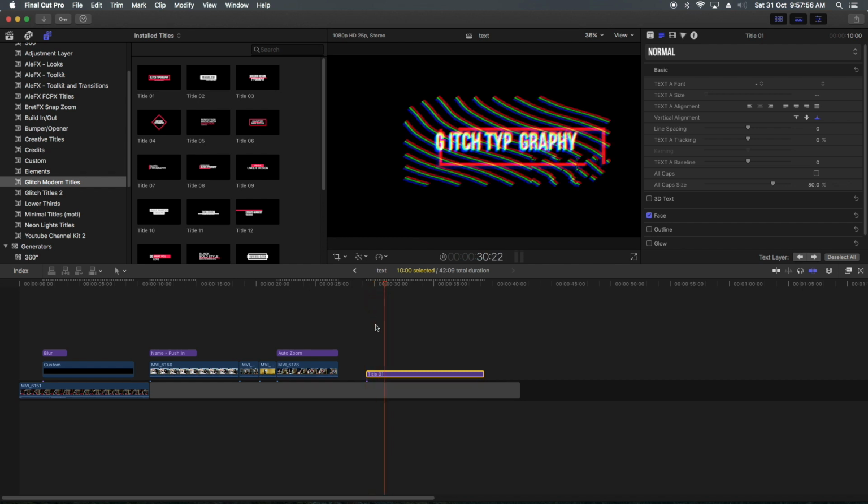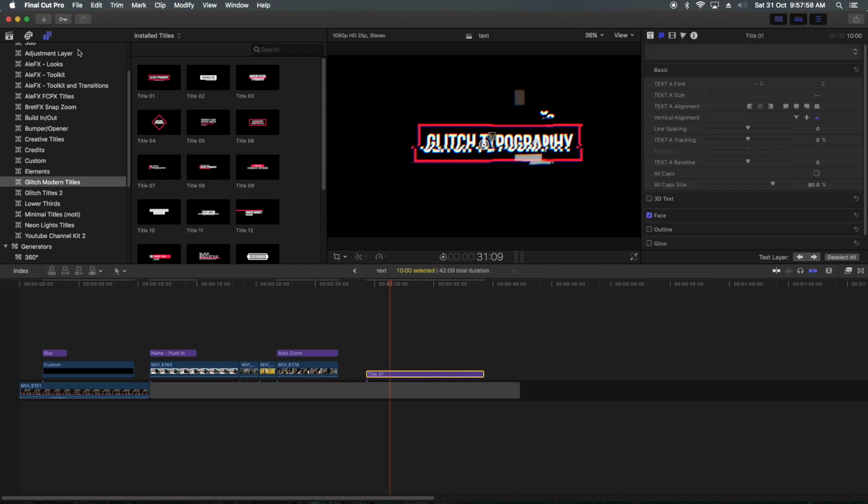So at any time if you want to render it, just try to render so that it will work properly. Different kinds of titles will give a different kind of effect to your project. So the combination of filters, transitions, everything is connected to each other now.